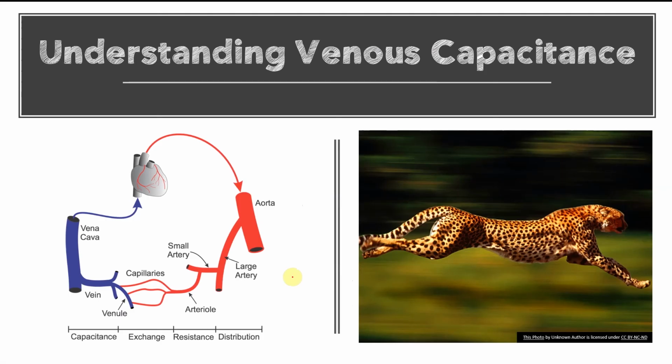So why do I have a picture of a cheetah here, you may ask? This cheetah actually has the ability to convert volume that is not stressed. We call volume that is not stressed unstressed volume. So imagine all of the vessels in your body, all of the veins, generally can hold quite an amount of volume,